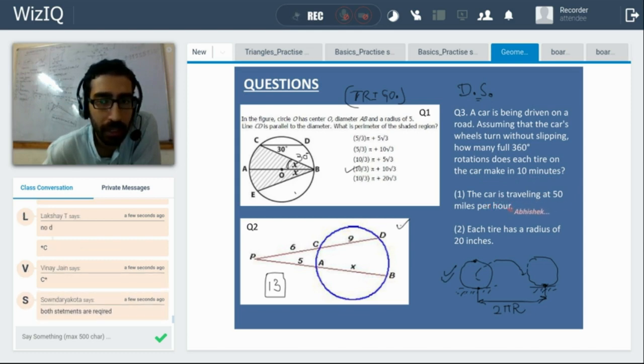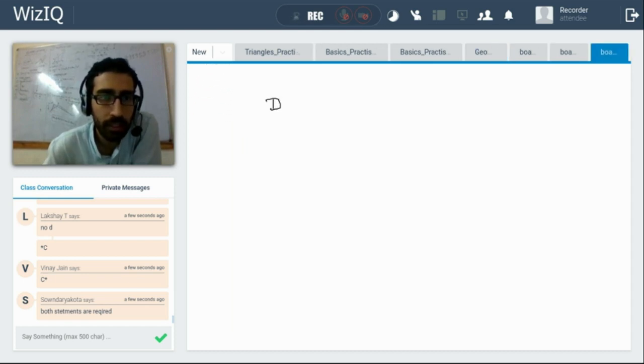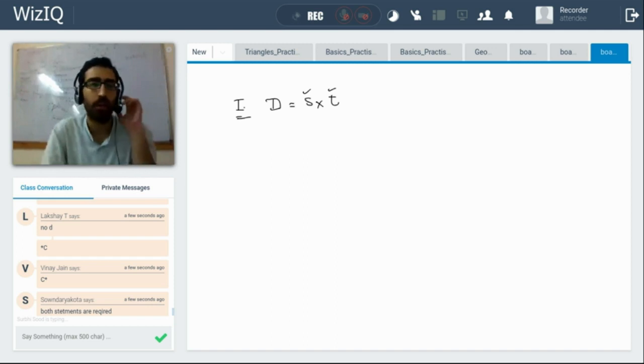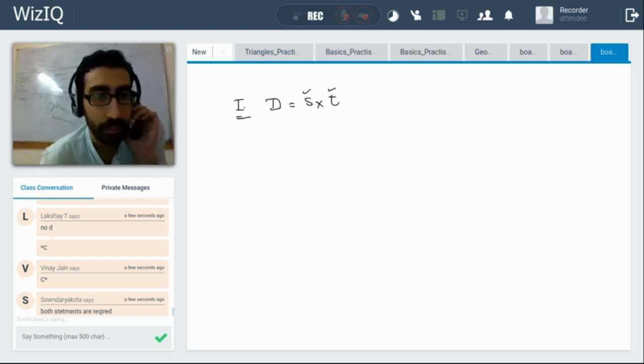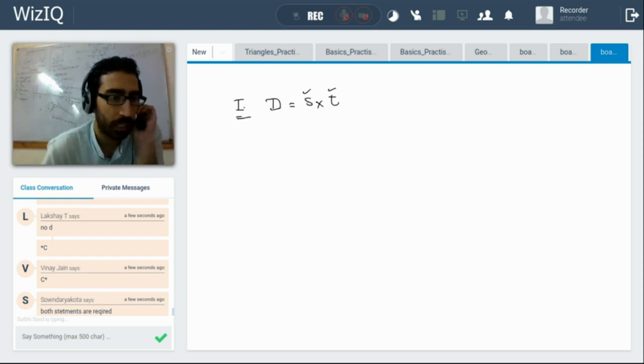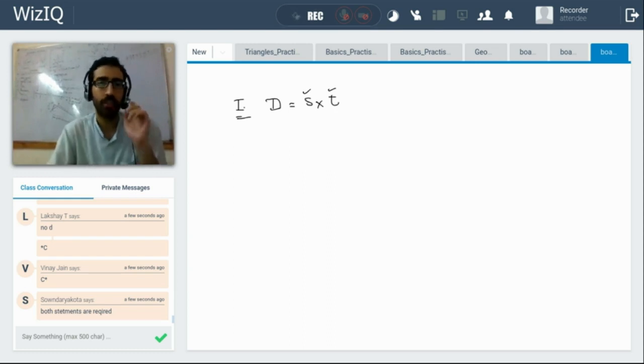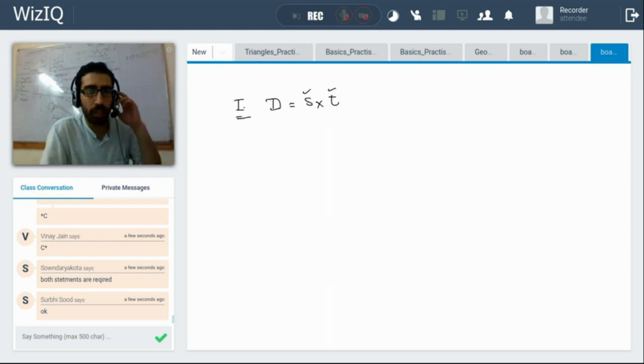Now, if the car is traveling at 50 miles per hour, can I calculate how many rotations it makes? I cannot. What I can calculate from statement 1, so let me go back to the board, is the distance moved by either tire, only from statement 1. Distance is equal to speed into time. You have the speed, you have the time. So I'll be back in 30 seconds rather. Why don't you check? Clearly, statement 1 alone is not sufficient. Let's check if you can solve using